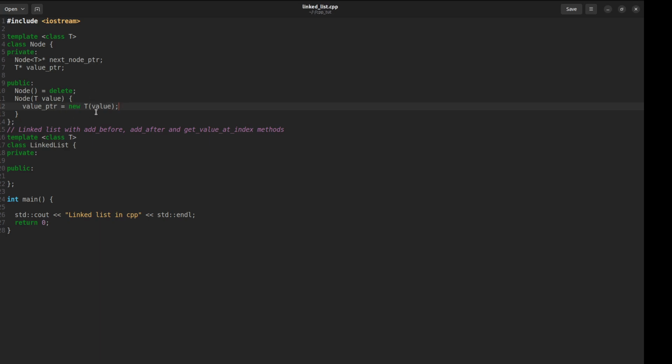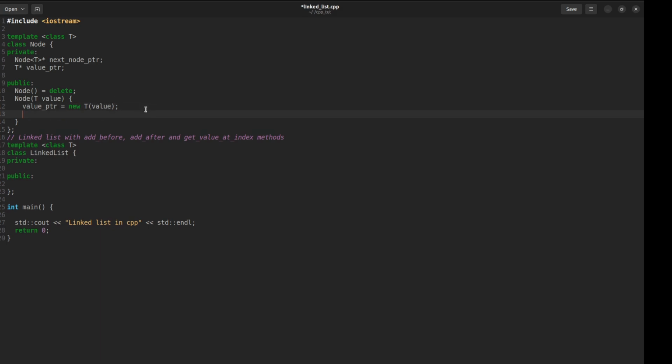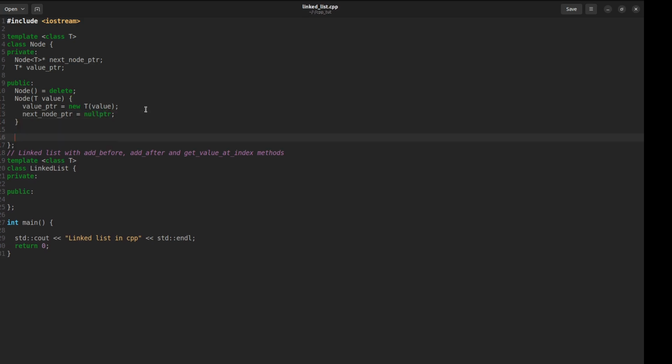So we create a new object of this value, and the value pointer is going to point to it. The next node pointer shall point to a null pointer, because we link the nodes together inside the linked